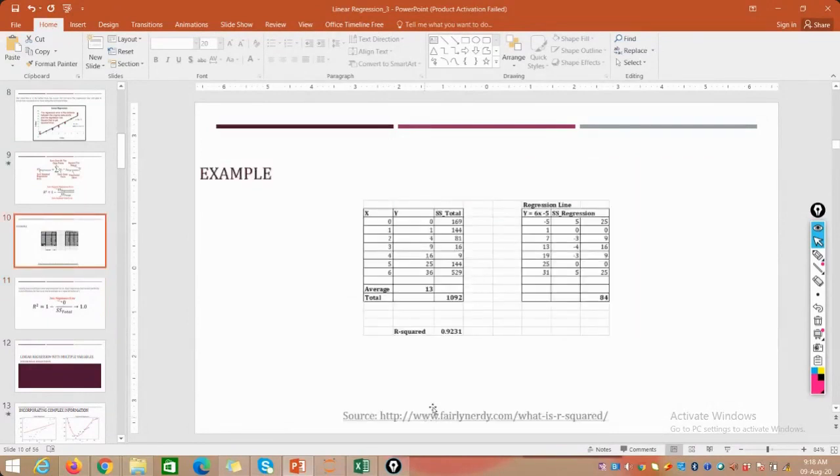You can refer to this; I have taken this example from this site. In that blog it is also mentioned under what conditions you can have exceptions with respect to your r square. Sometimes you can get a negative value, but there are some special cases, so you can cover that from this.